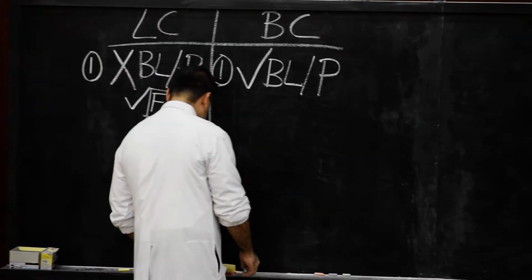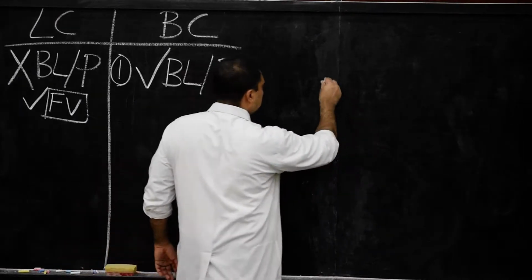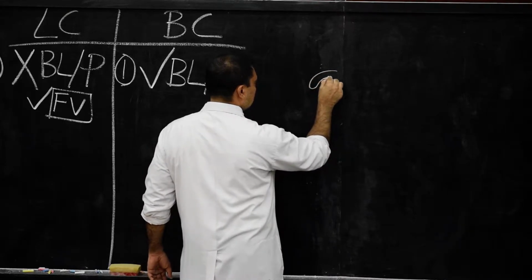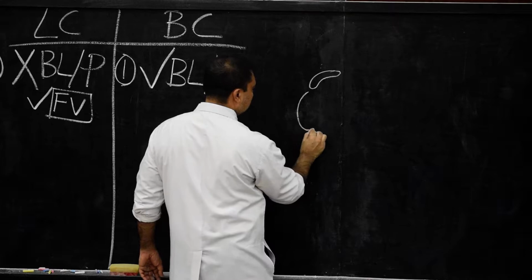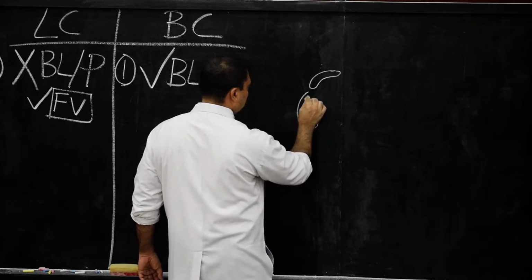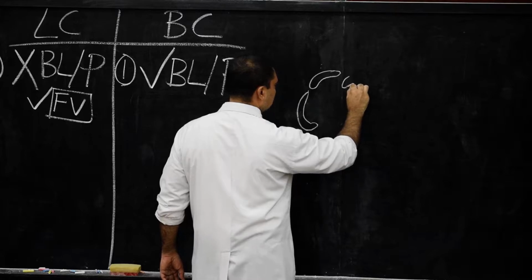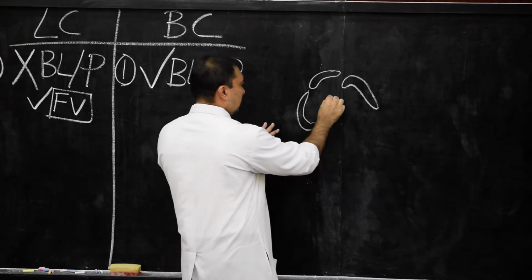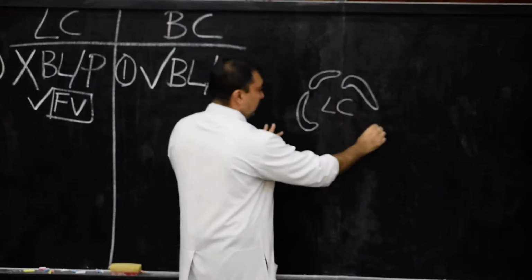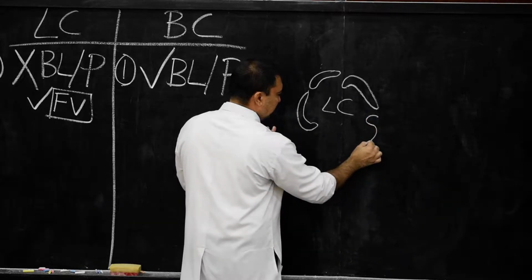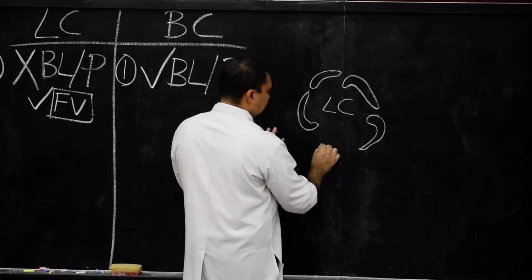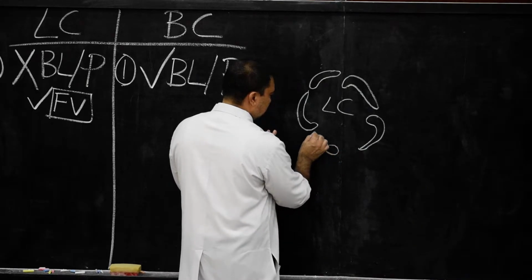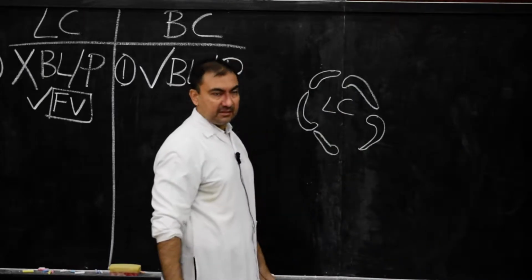Please come on this side. Here we are going to draw basically a lymph capillary. So I am going to show here. This is how the endothelial cells will project. This is how the endothelial cells will project in lymph capillary. Please note down, this is the lumen of lymph capillary and these are the endothelial cells which are present here. And these endothelial cells will project in this direction.